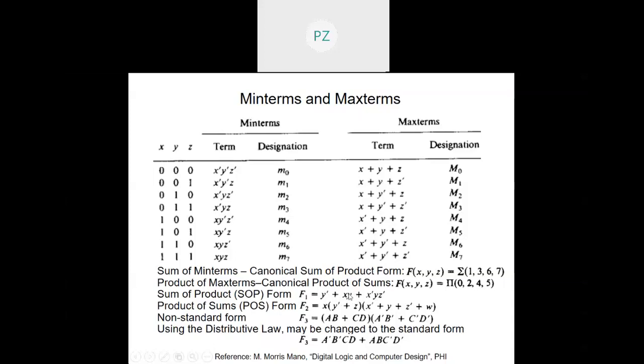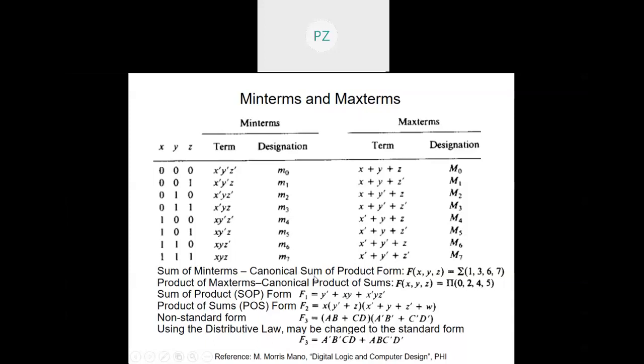Now there could be a few terms that are the same. In some cases, it may happen that you've got the same terms twice. So we know x plus x is equal to x. Remember one of the rules that we have discussed before. So I'll have to use that rule in order to cancel the duplicate product terms. So this is the non-canonical sum of product form, which if required can be converted to canonical.